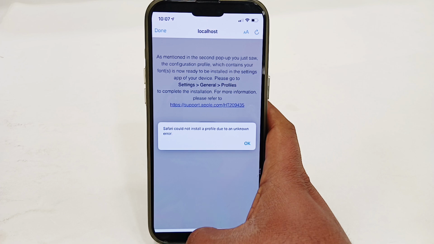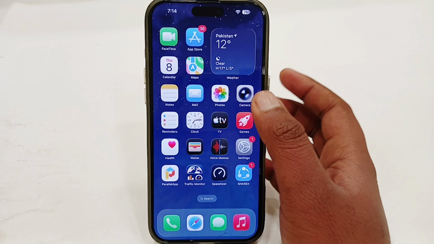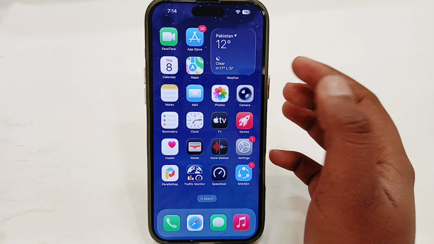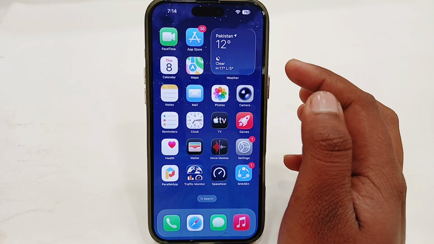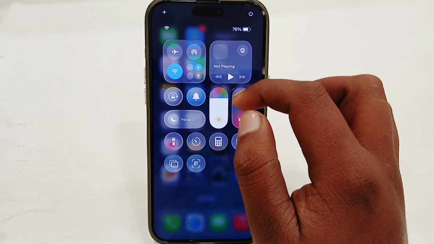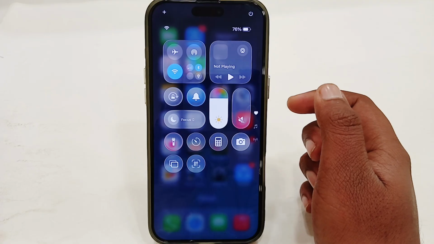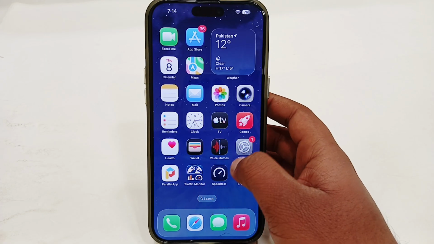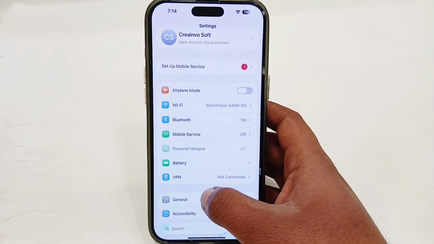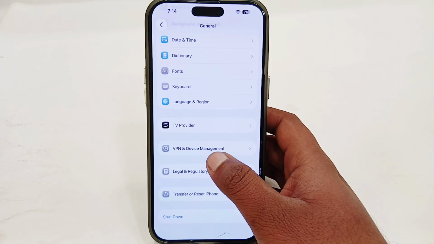So the very first thing you have to do is go back from here. The unknown error might be your network issue, so you can easily fix this by fixing your network. Just scroll down in Control Center and make sure that you have a stable and strongest network connection. After doing this, go to Settings app, go to General, go to VPN & Device Management, and just make sure